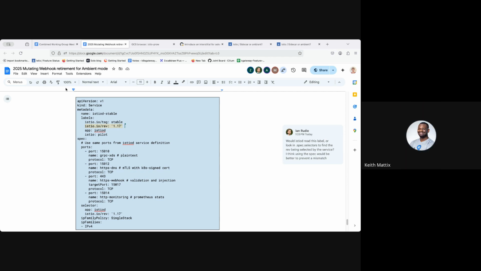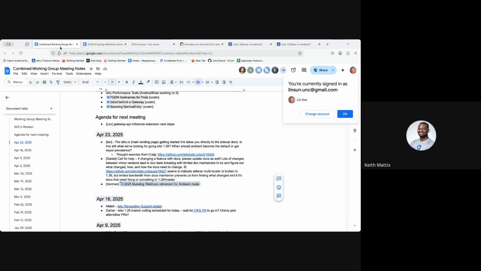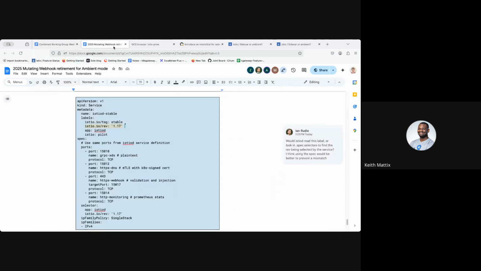The big issue you're going to run into, though, and I don't want to derail this too much, because I know we've got maybe some other topics or also the doc, but the big issue you run into with a separate control plane is that if you're running sidecar with Istio CNI, you can't have a full separate control plane. You have to have a single CNI for both,